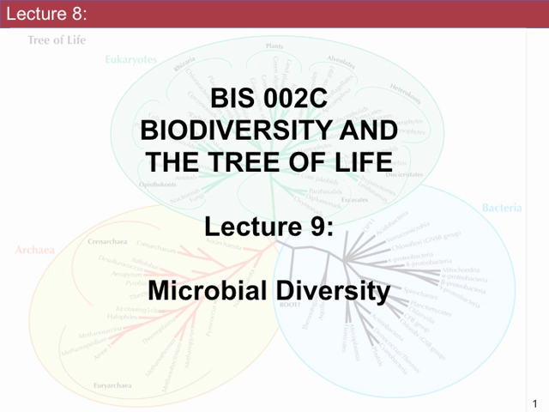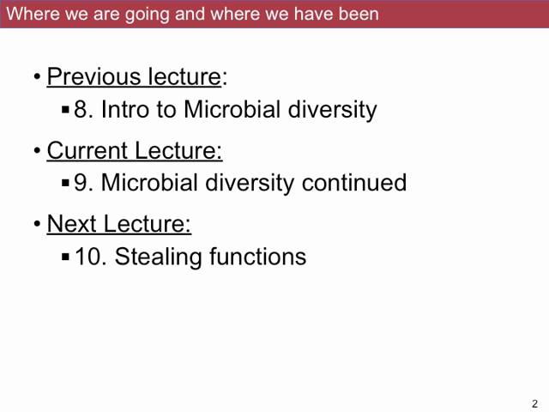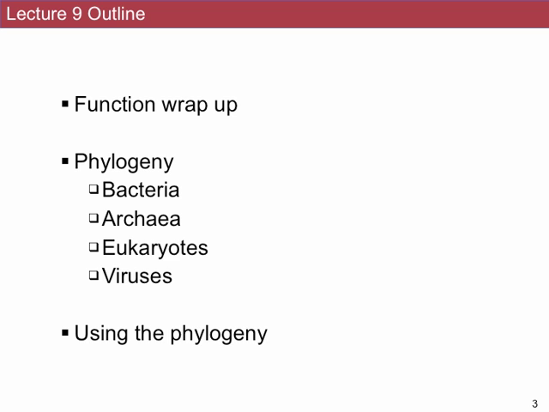All right. So we're going to continue here with the second overview of microbial diversity before continuing to talk in more detail about specific aspects in the next few lectures. So the next lecture later today will be focused on what you could call stealing functions, how organisms acquire functions from other species, either by taking their genes or by some type of symbiotic interaction with other organisms.